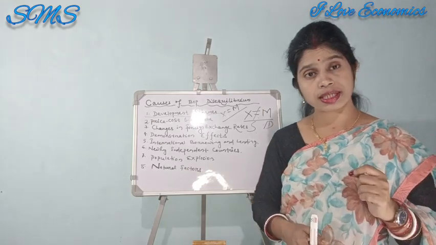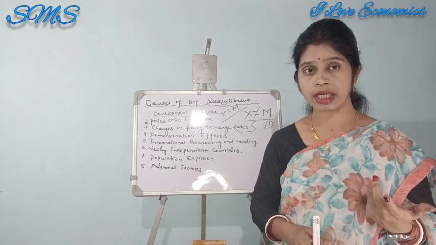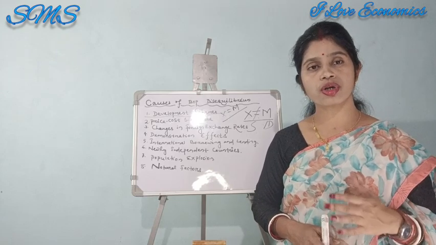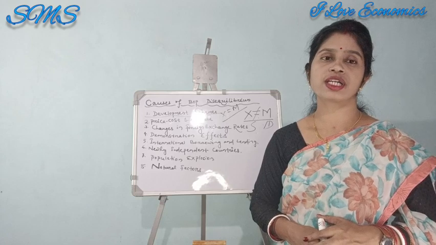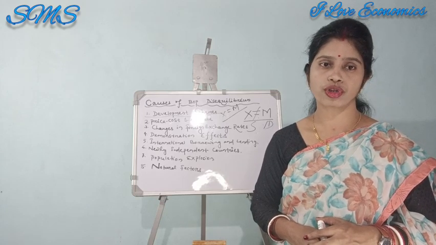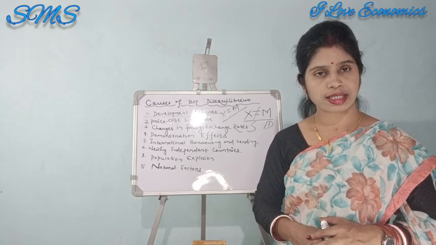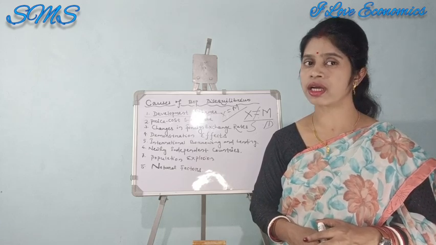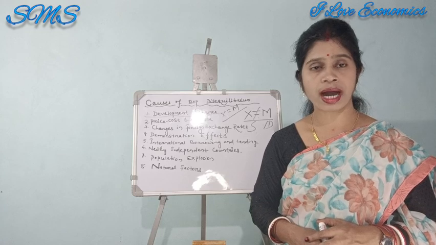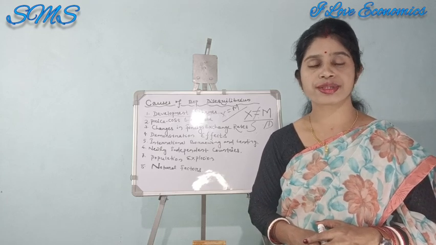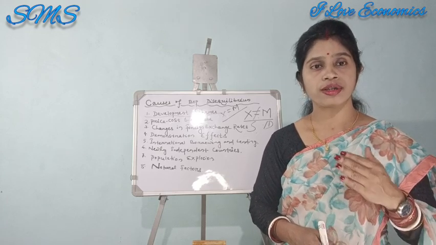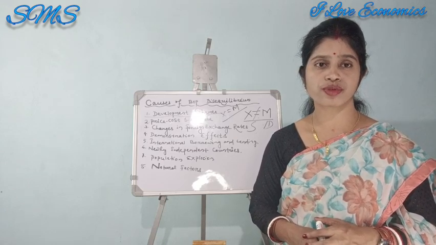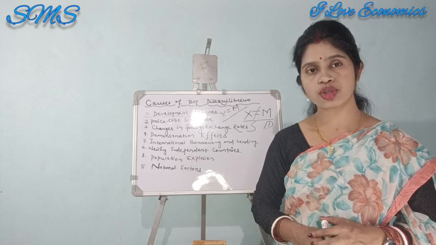Last but not the least, it is very important. Why? Because natural factors are also important, because we are facing natural factors that lead to an unfavorable balance of payment. Natural calamities like cyclone, flood, earthquake, these are responsible for the destruction of food grains and the destruction of production. That's why